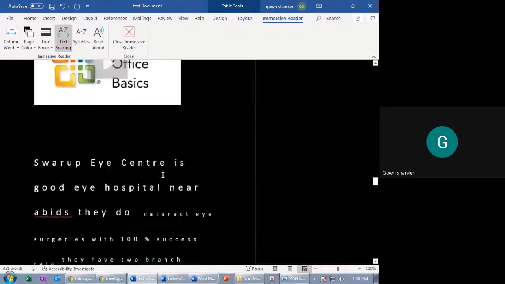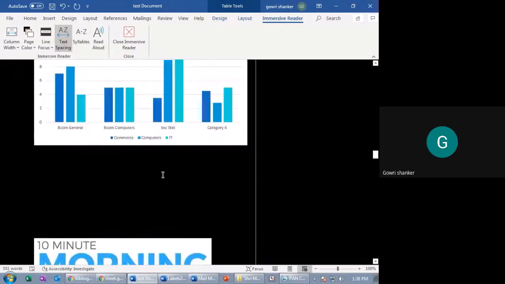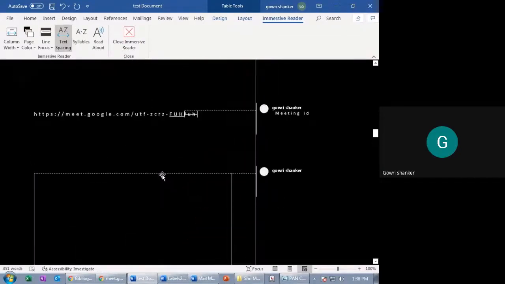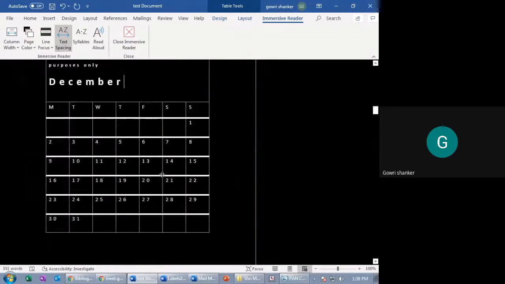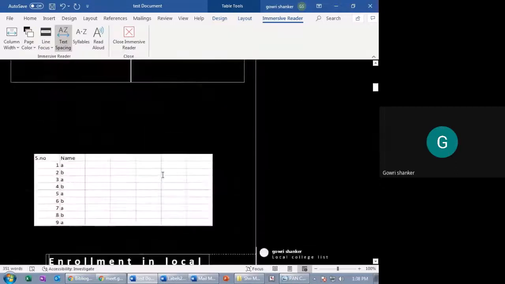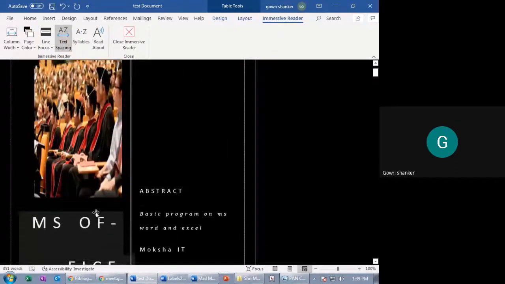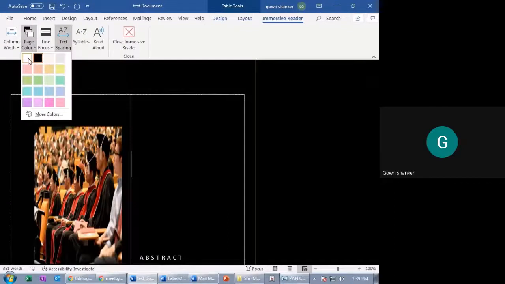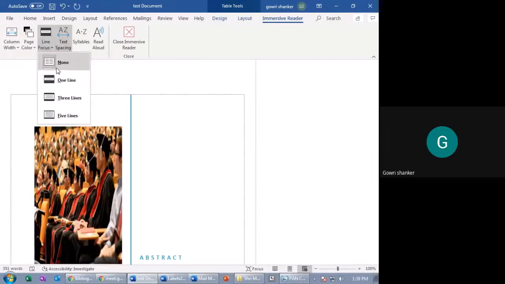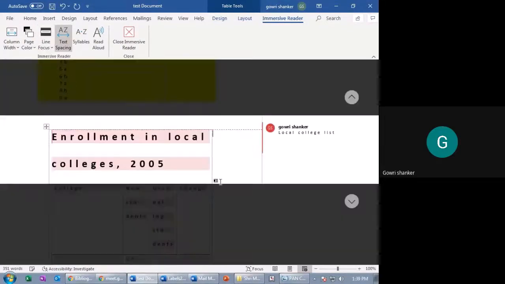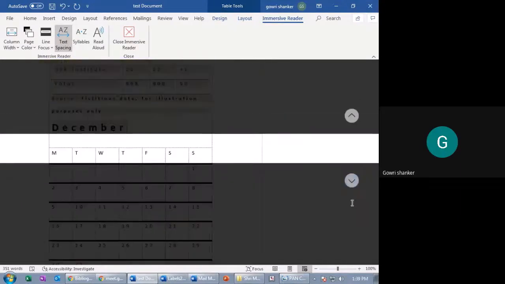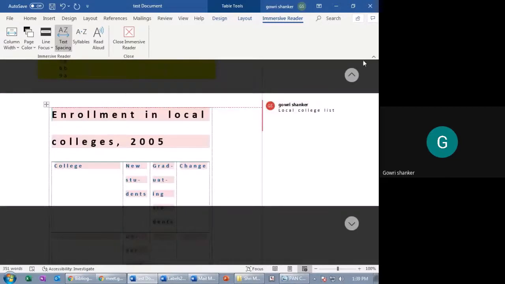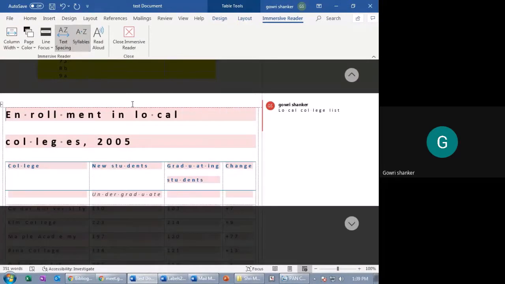The pictures you cannot see, I guess. Yeah. Oh, yeah. We can see even that also. Cafeteria. See, so whatever the background, it changes to black. So however you want, you can read it. Right? Line Focus. One line. This is a one line focus. See. That's it. And text spacing and all, you know already. You've just seen it.